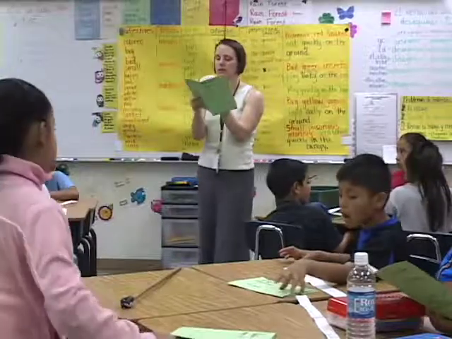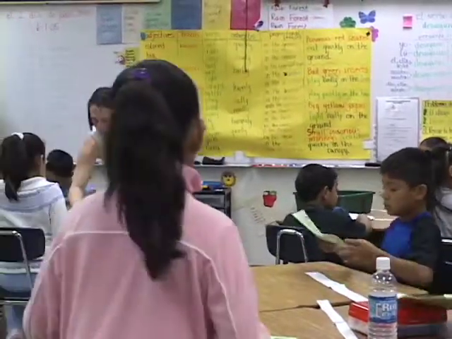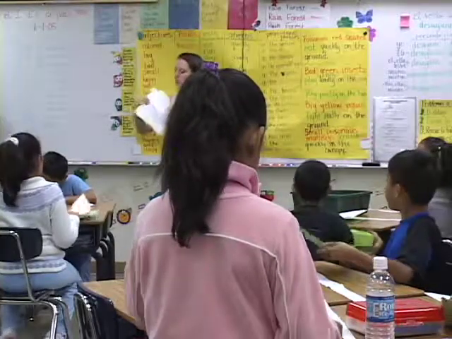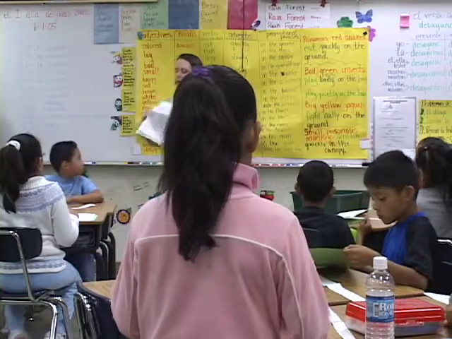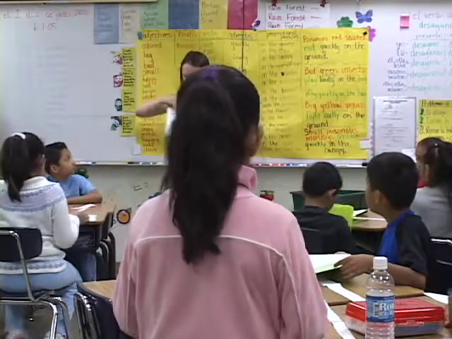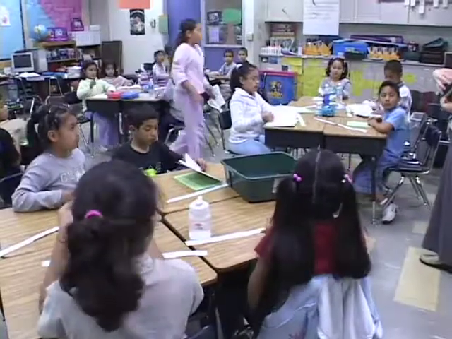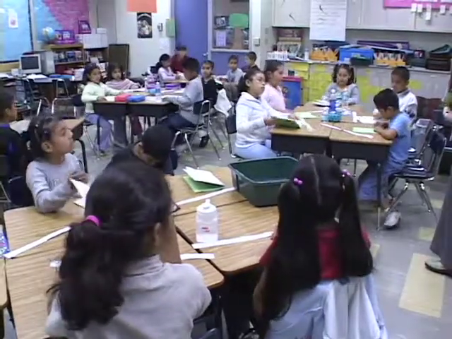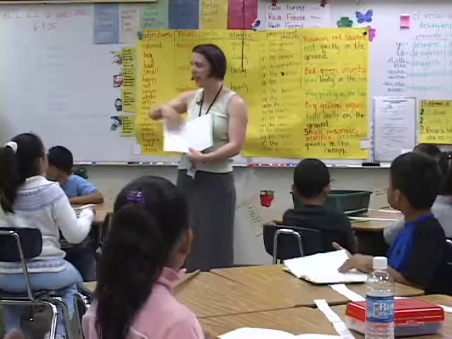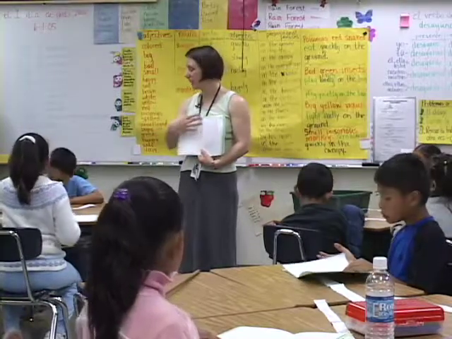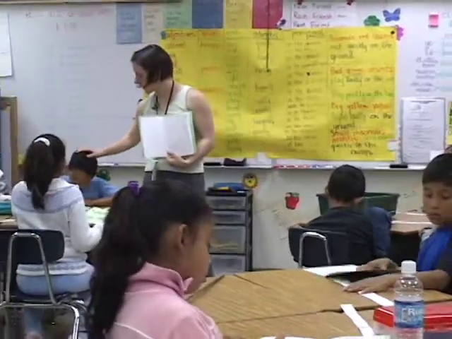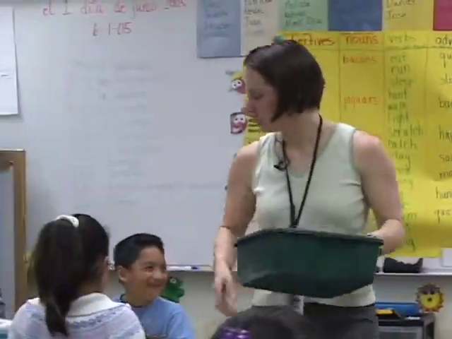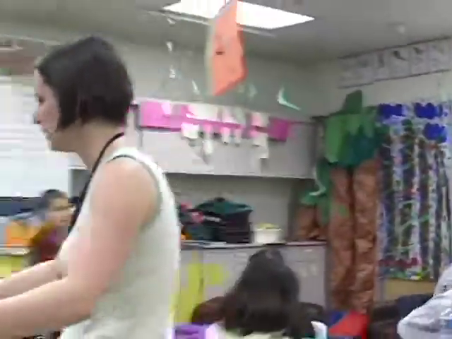Okay. Let's look at this. Okay. So if you want to use the very middle of your book, you have a whole open page. Well, you'll want to use this whole thing because you'll write your sentences below, and then up above you'll do your picture. Okay? If you write small enough to write on one page, that's okay, but I want you to have room for your picture. Okay? You're not doing that right now. Okay. Nice try. Okay, so go ahead, get started on your sentences. I'll come around.